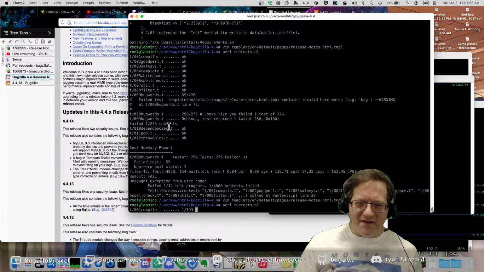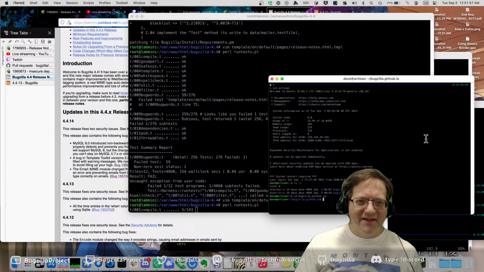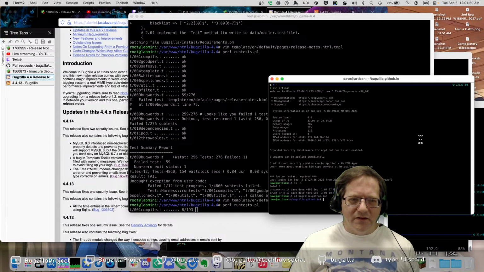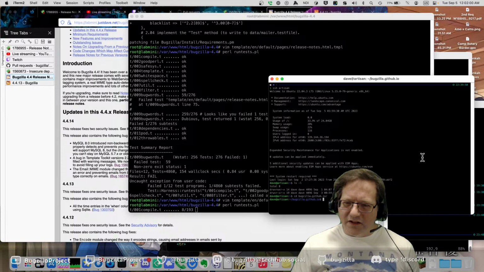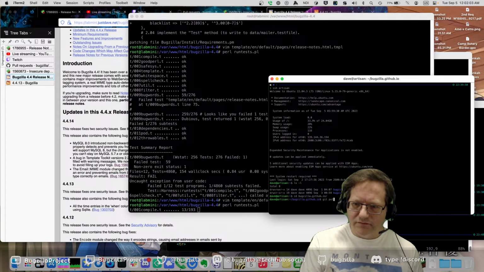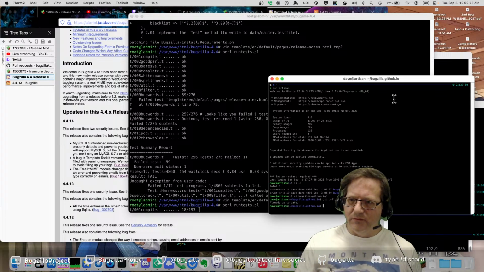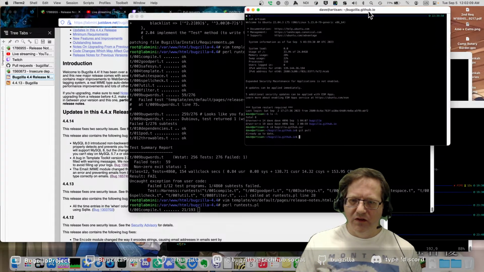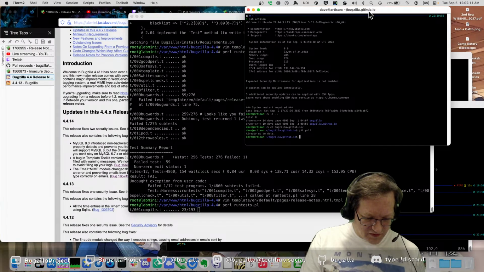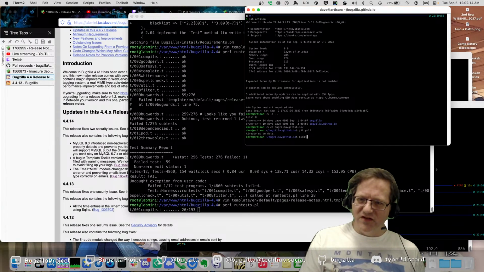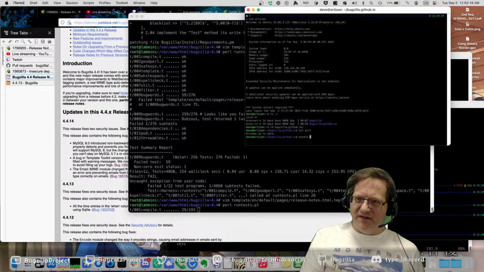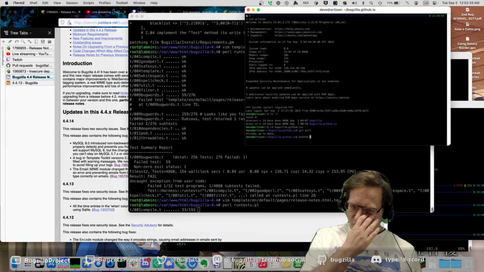Run the tests again to make sure it passes now that I fixed that. My other window that I just opened up is on the server where I have the test instance of the website, so I can make changes on a test copy that won't be live.